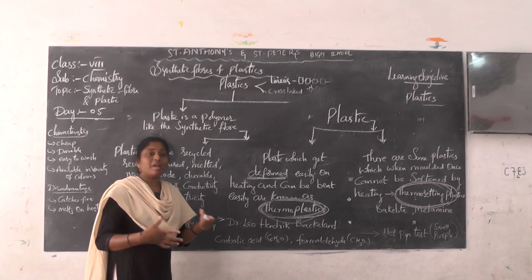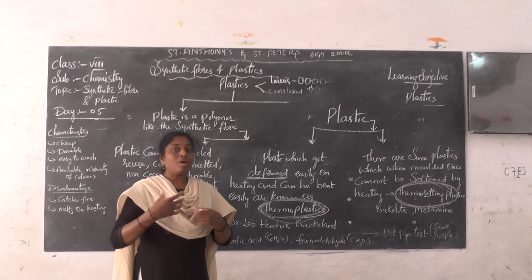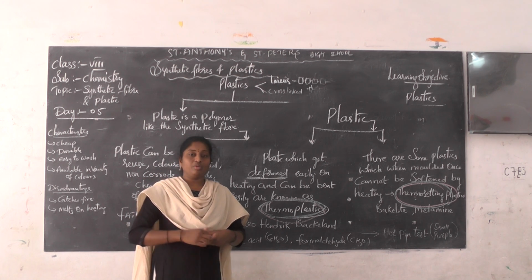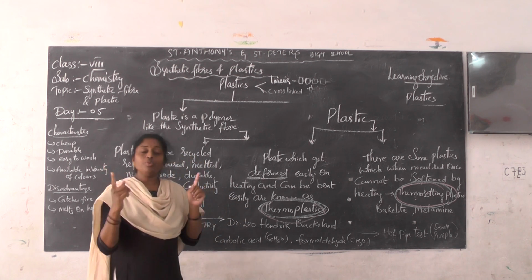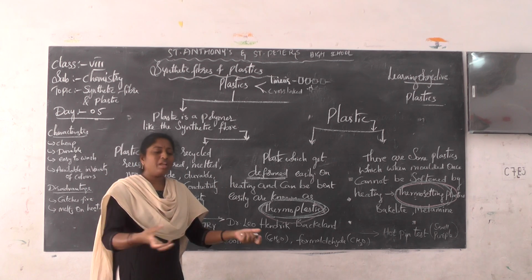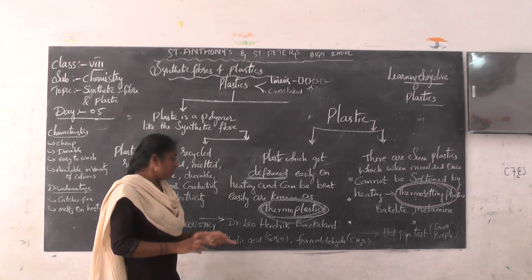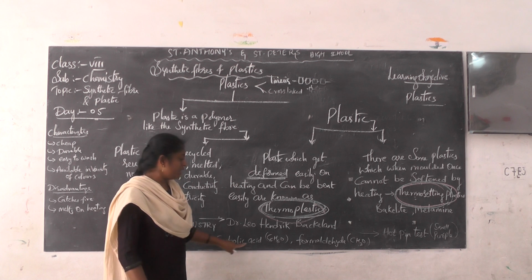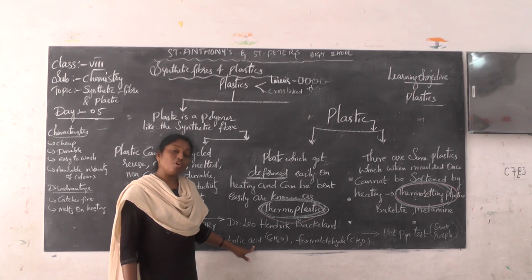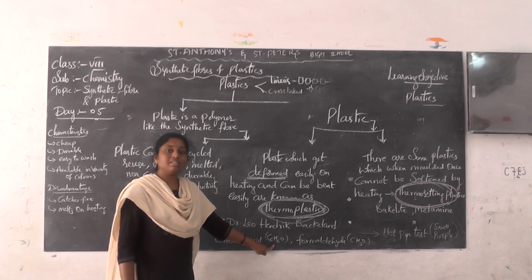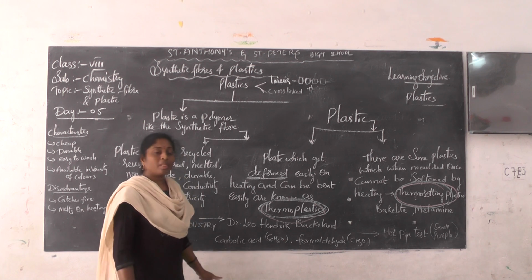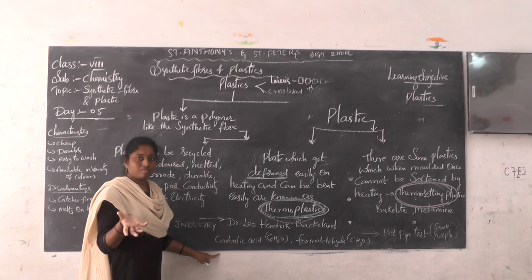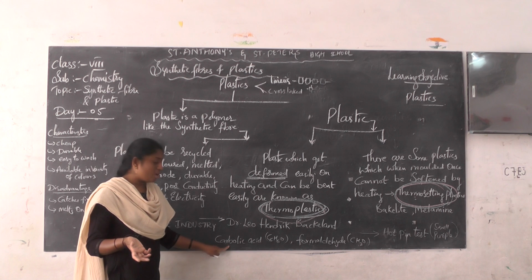when he was doing some activities in the lab. Unfortunately, accidentally, what happened? Two chemicals were mixed together. Maybe the bottles fell down like that. So the two chemicals are carbolic acid. What is the formula of carbolic acid? C6H6O. Okay, so he took one acid, that is known as carbolic acid.